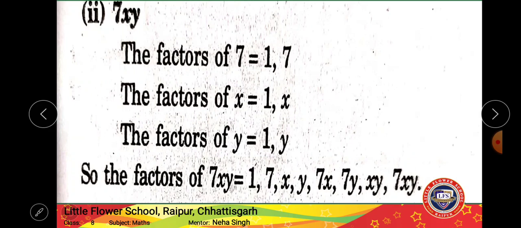The factors of x here will be again 1 and x, since x is to the power 1, the largest power of x is 1 only. So the factors of x will be 1 and x. Factors of y will be 1 and y. So writing all together the factors of 7xy, what will I write? 1, 7, x, y, and then